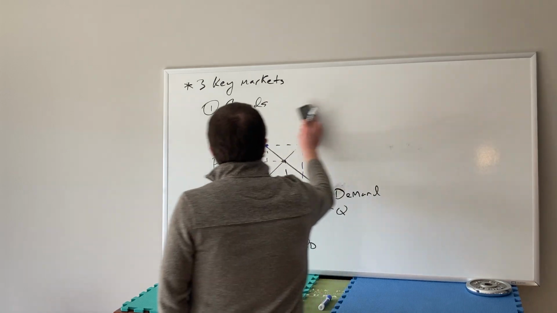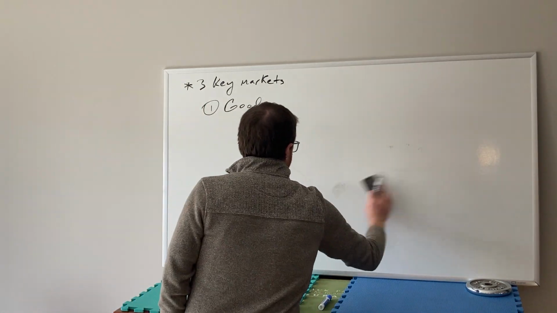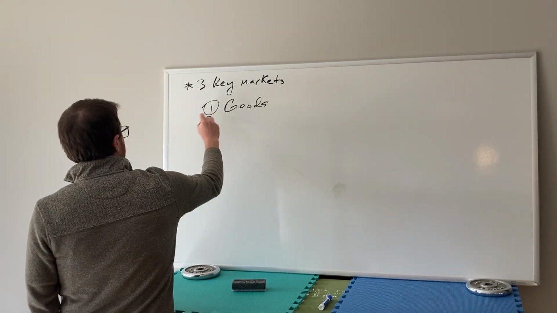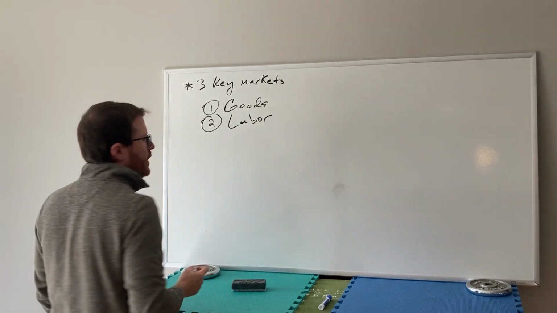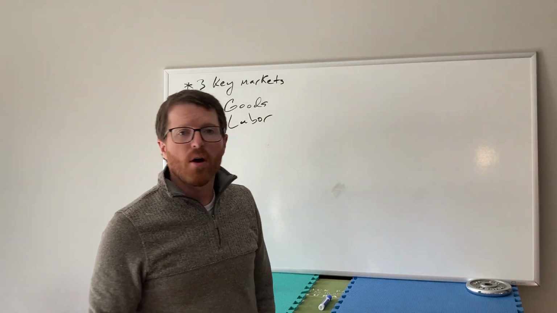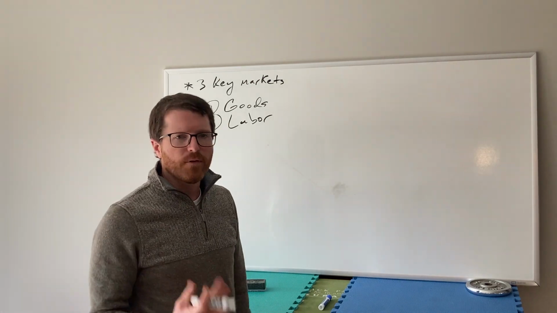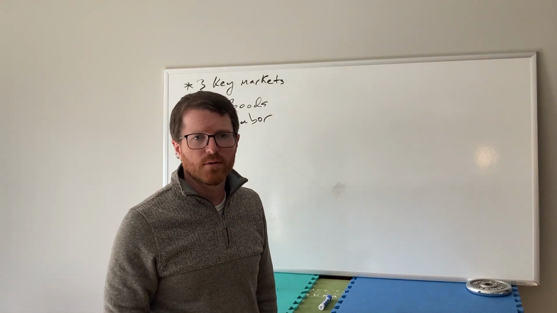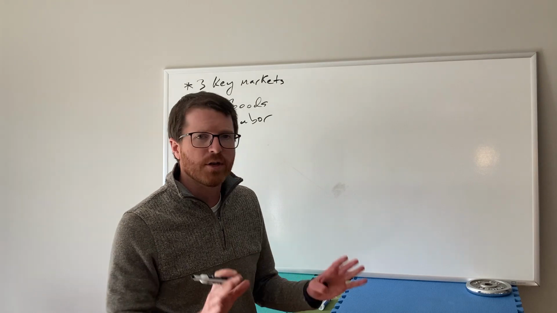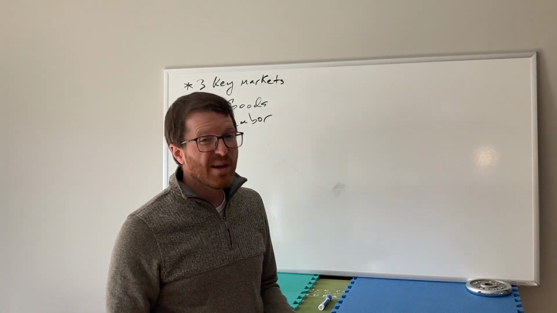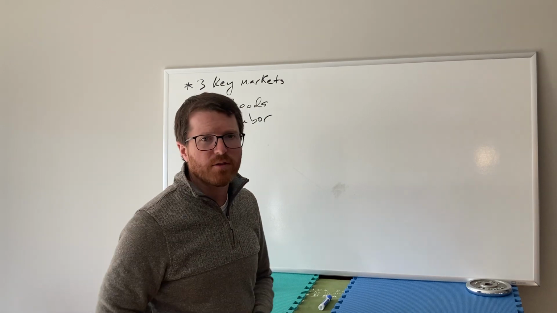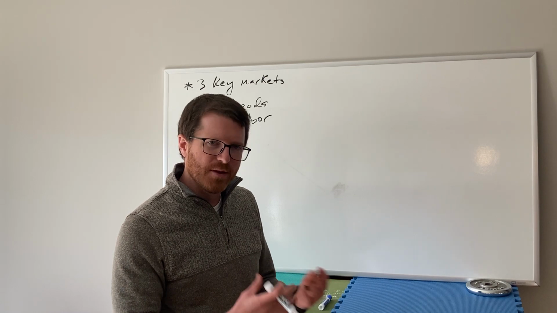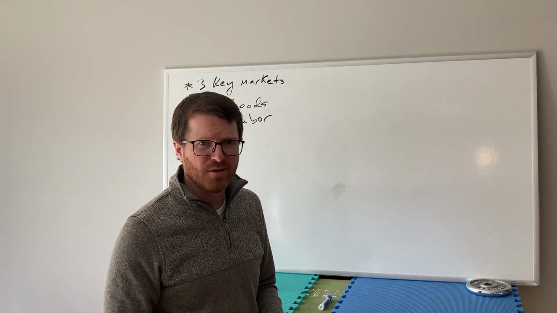Okay. The second market that we're going to care about. This is probably the one we'll spend the least amount of time with, to be frank. But the market for labor. The market for labor is just like any other market. It's just like supply and demand. But the difference is now we're thinking about human beings, and human beings, of course, are different. Chicken biscuits don't have emotions, right? Chicken biscuits are always the same. Once you produce a chicken biscuit, you can't make it better or worse. Labor, though, is different. Labor can change over time. You can motivate somebody to work harder. So the quality of a worker has the ability to change, unlike the quality of, say, a piece of gold,